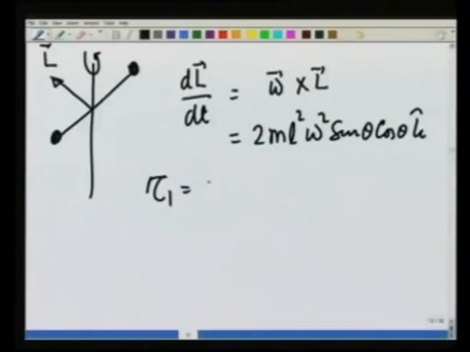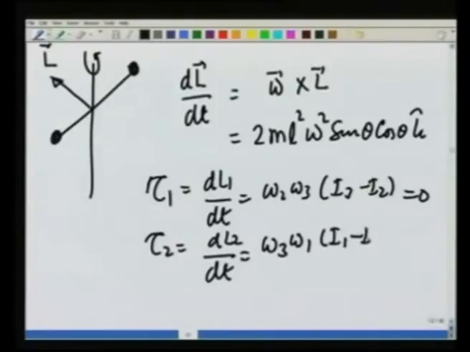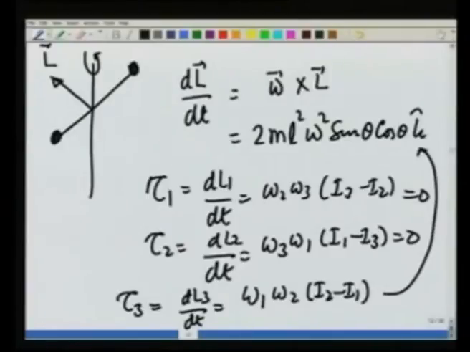tau 1, which is dL1/dt, purely due to rotation, it is going to be omega 2 omega 3 (I3 minus I2), which comes out to be 0. Tau 2, which is dL2/dt, equal to omega 3 omega 1 (I1 minus I3), will also come out to be 0. Tau 3, which is dL3/dt, is equal to omega 1 omega 2 (I2 minus I1), will come out to be this. So, the torque is in this direction